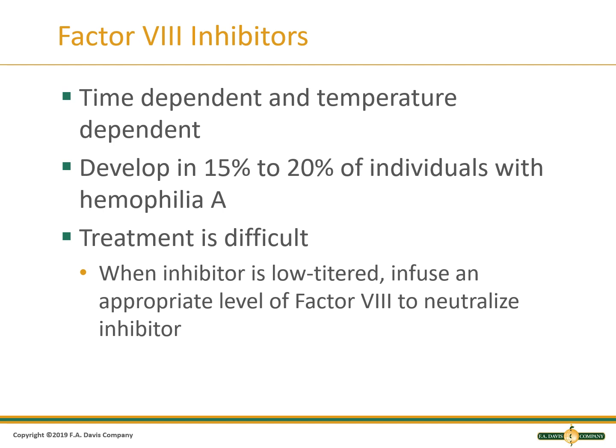These inhibitors are dependent upon time and temperature. It develops in 15 to 20% of individuals who have hemophilia A. This is occurring because the patient develops autoantibodies against the factor VIII, and it starts to neutralize the factor VIII